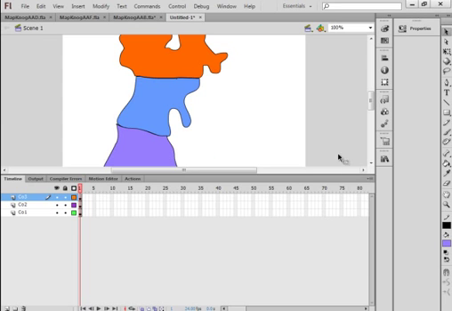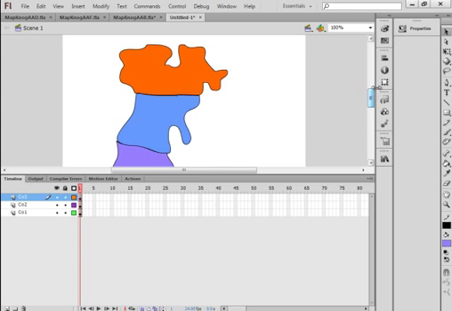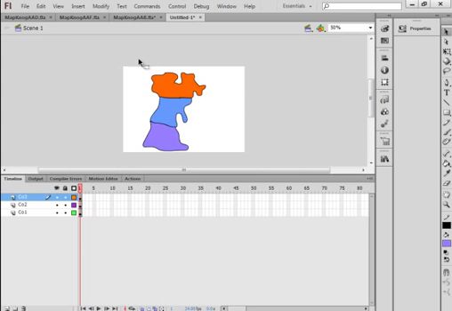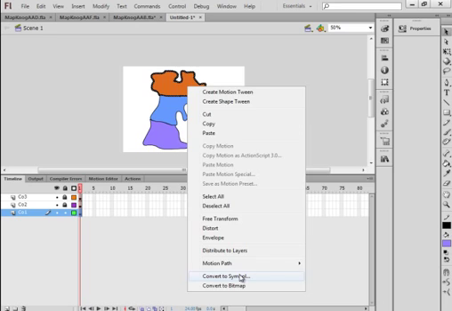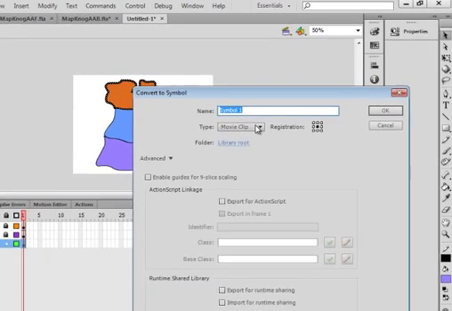Now I just cleaned mine up a little bit, as you can see, and you can make these as detailed as you wish. Now what we've got to do is turn each of these into a button. So lock all the layers, select the country 1, highlight it, right click, convert it to a symbol, make sure button is selected,